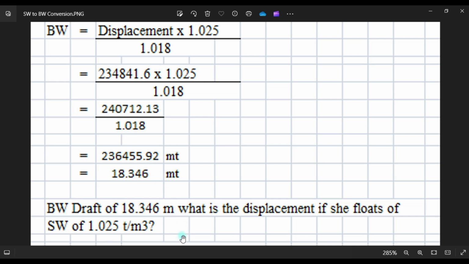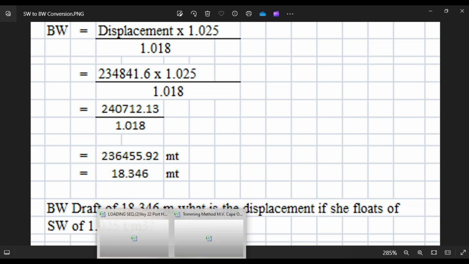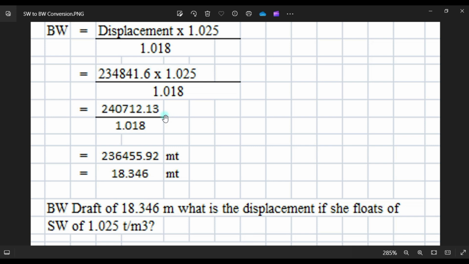So let's check, guys, with the program. This is manual computation, so you multiply this over 1.018, then you will get this figure. Then you use the program to get the exact value of the brackish water displacement.